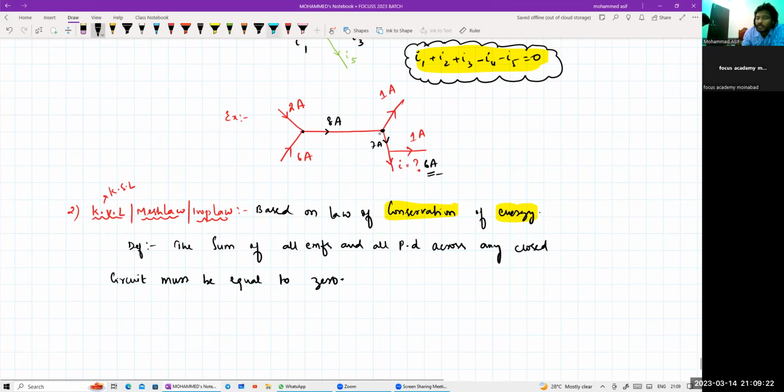Okay. So what is the definition? The sum of all the EMFs and all the potential differences across any closed circuit must be equal to कितना